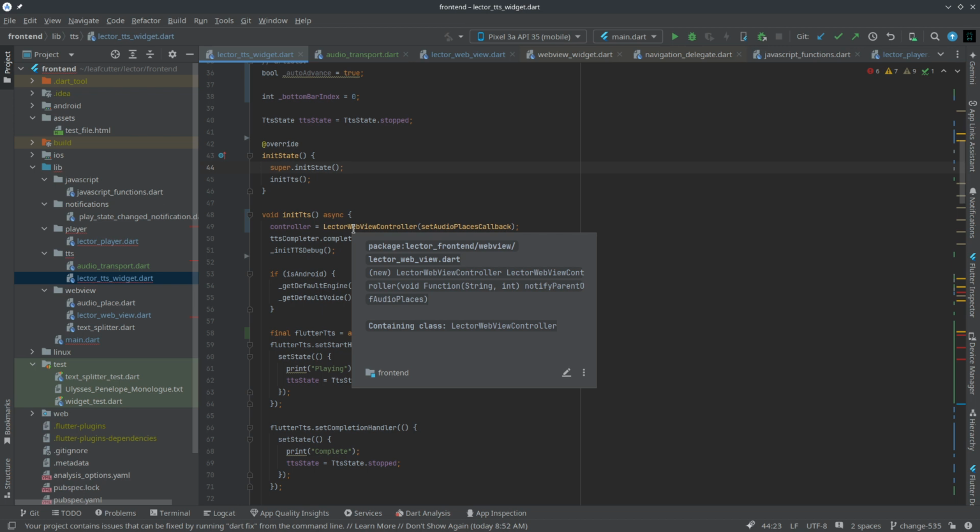And we will do that by passing in some non-null audio places container, the multi-volume thingamajig, and having the web view call... Maybe we can just have the